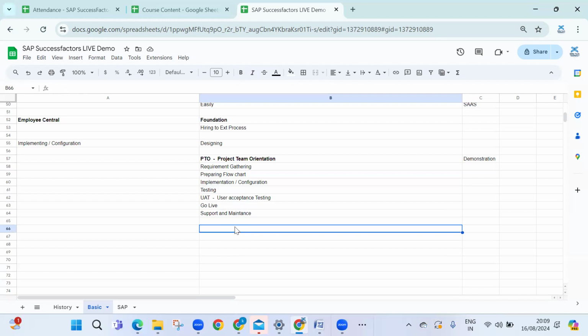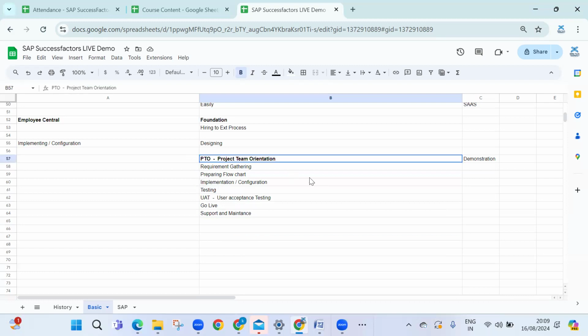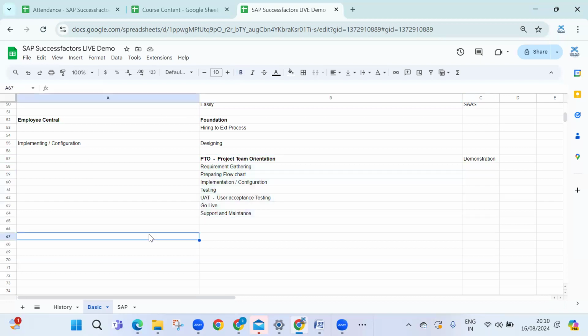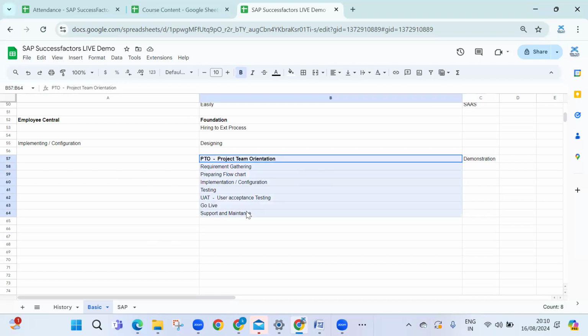Let me explain. When I started, I told you how the end-to-end process goes. Immediately once you complete your training, you will be working as a shadow consultant or a junior, where you will be getting the work. If you want to be involved in all of it, it will take time. Almost all this part is done by your SAP SuccessFactors architect and leads.